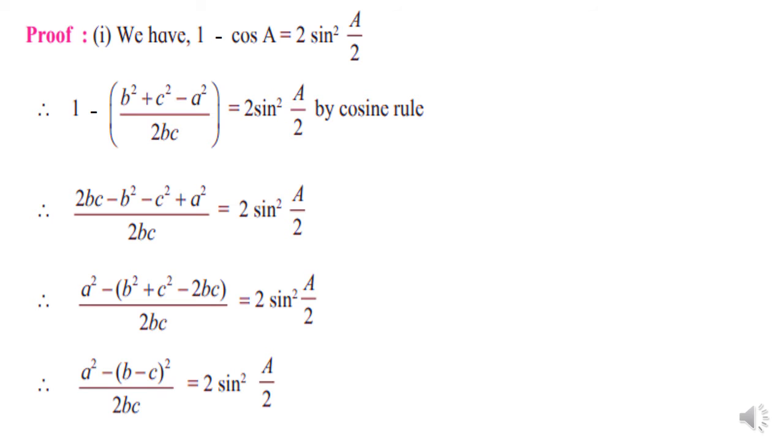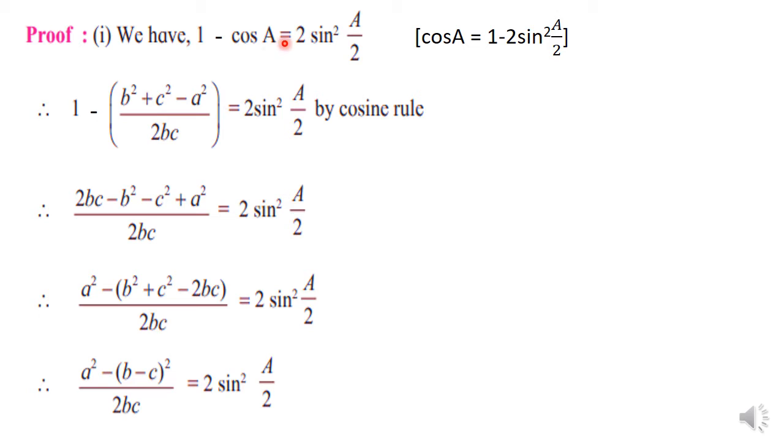Let us see the proof for this property. Now first of all, we know that 1 minus cos A is equal to 2 sin square A by 2. This we know from this particular formula, that is cos A is 1 minus 2 sin square A by 2. Rearranging, we get 1 minus cos A is equal to 2 sin square A by 2. Now suppose I show it to you with the help of the laser pointer, you will be able to understand what I am talking about.